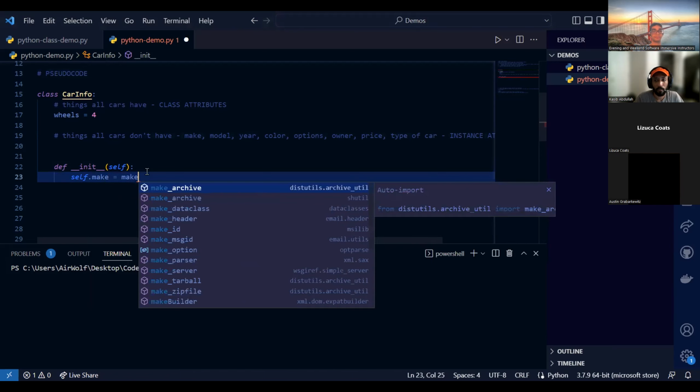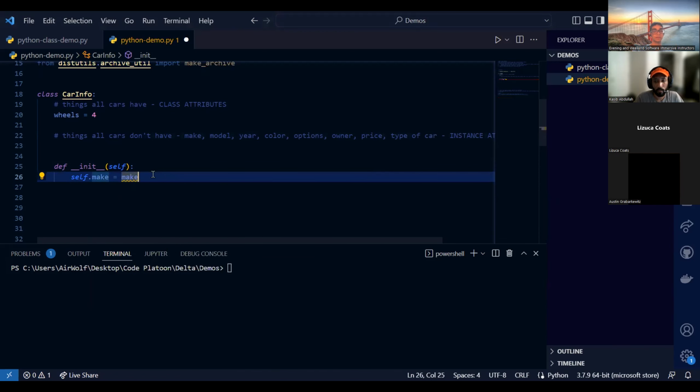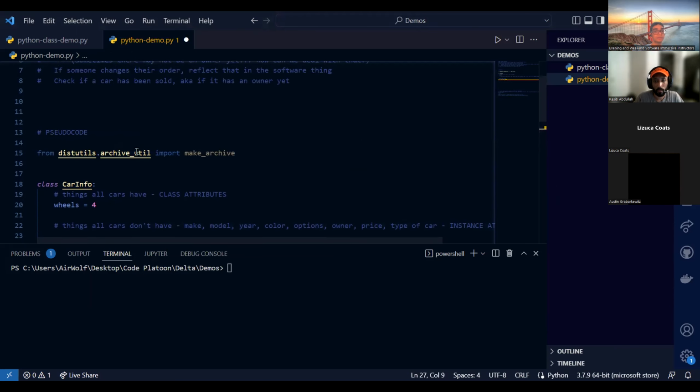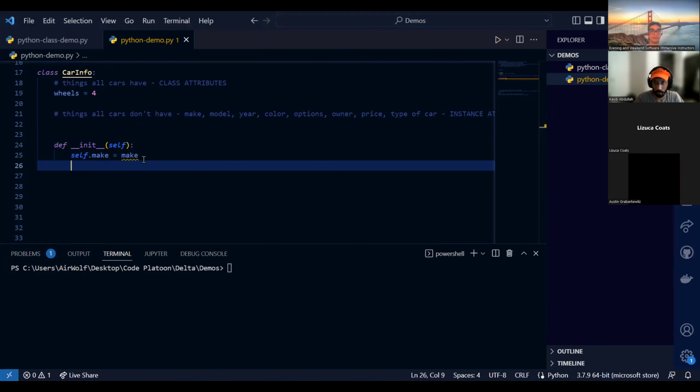So we have self.make equals make. Oops, make now. Okay. Let's see. No, I do not want to import anything. Python loves to do that, especially in VS Code. If you type something and it thinks it's coming from a library, it will automatically import it for you, which is nice if you forgot to import a function like 300 lines ago, but it's not so nice if you make a small typo and then it imports a bunch of libraries and you don't realize it. That's not so fun. But yeah, so we could do things like self.make equals make,